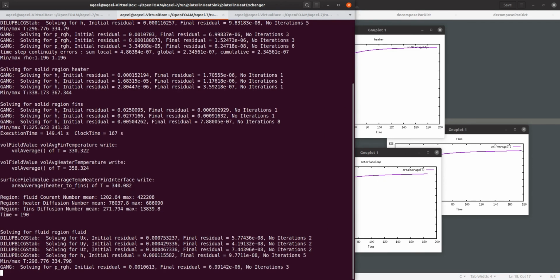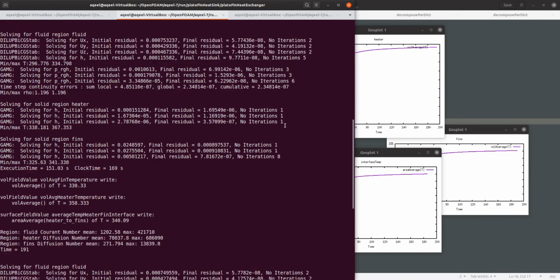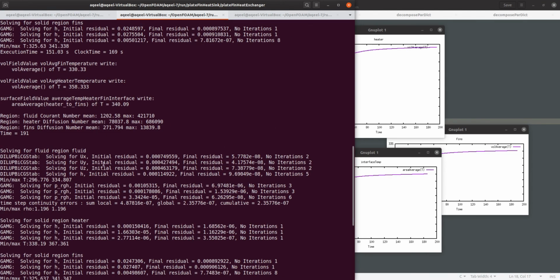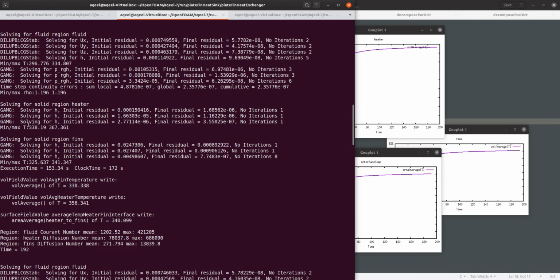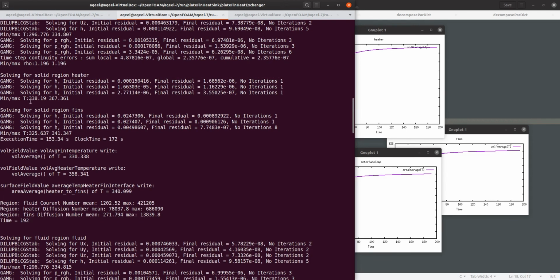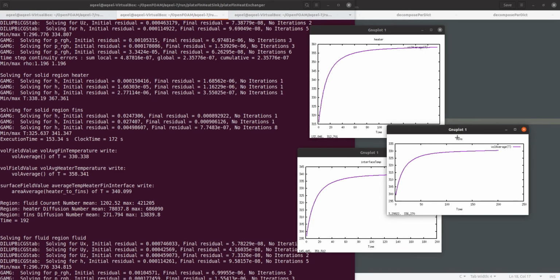And we can see the number of iterations are not that much, so the solution is converging, and the temperature in the fluid region seems reasonable, as well as the temperature in the heater and the solid region. So we can wait until we do not see a big change in this solution,